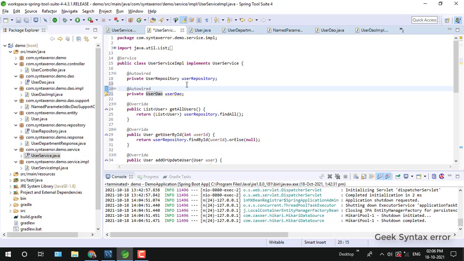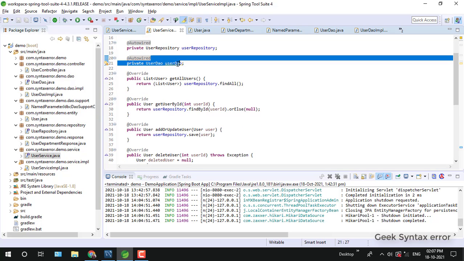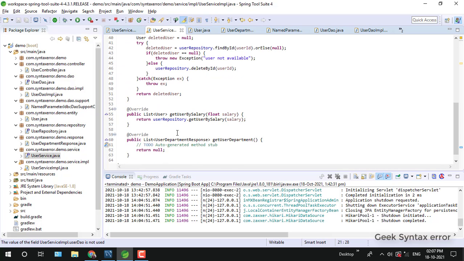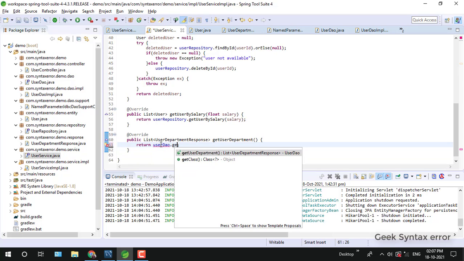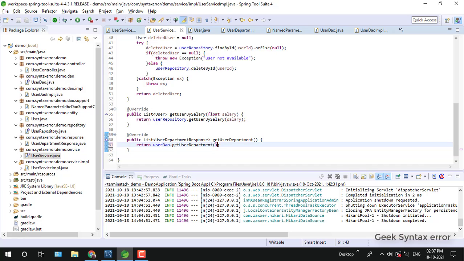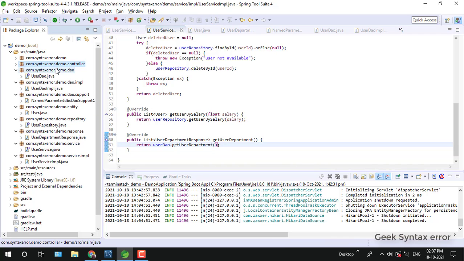Whenever Spring is creating the object for the service implementation class, it will do all the dependency injection. The user DAO is a dependency for the service implementation class, so it will inject it. In the user DAO we have the method which we want to call now. Just call the method there, dot get user departments.